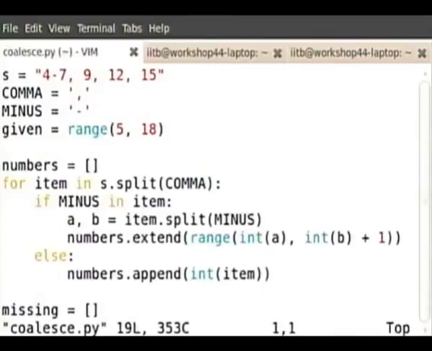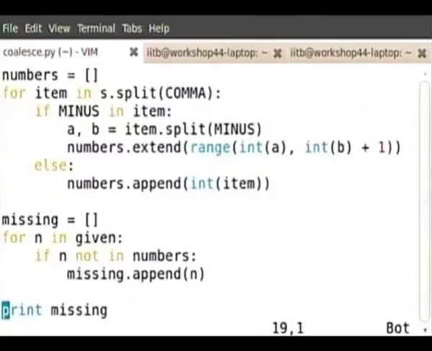So, this is one way of doing that. The other alternative is to think wholesale. That is to write something like